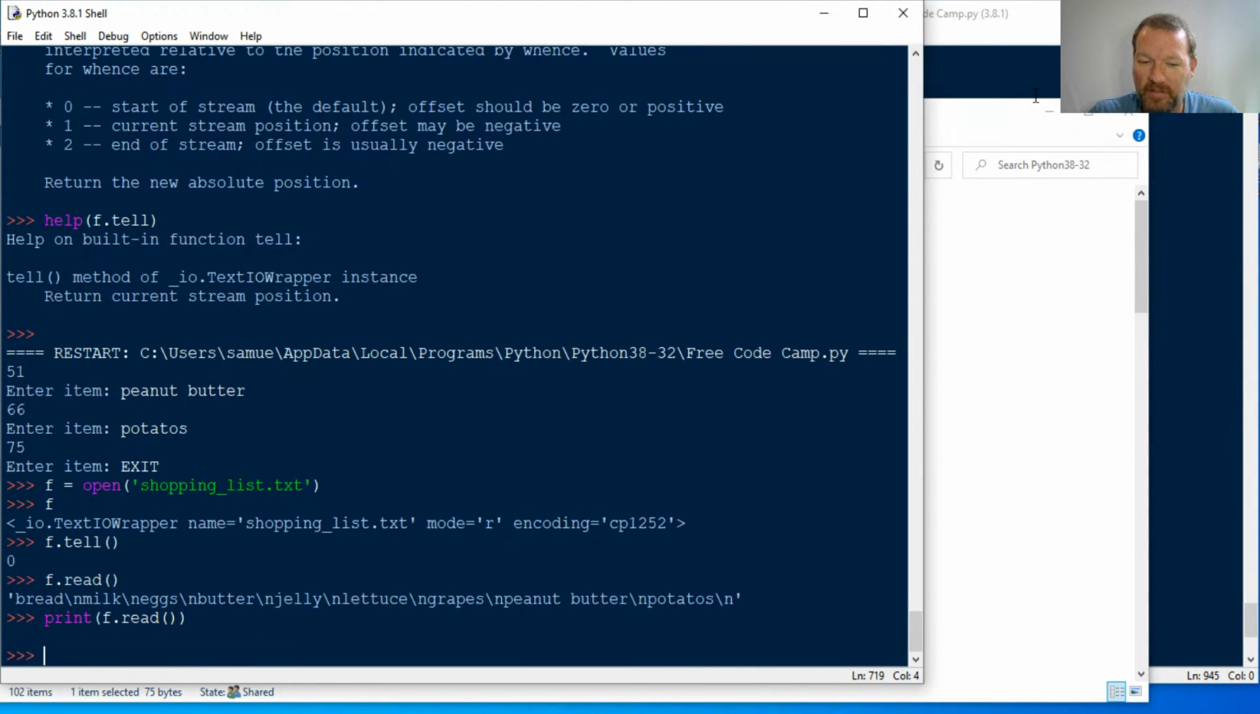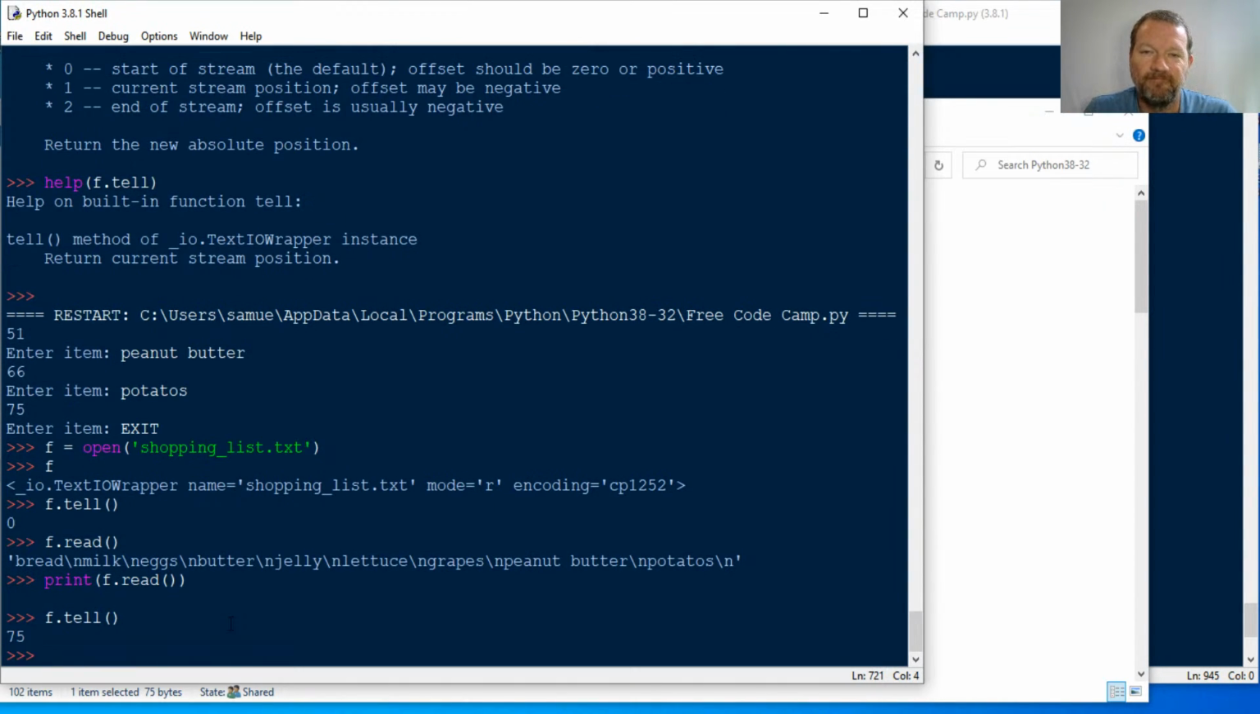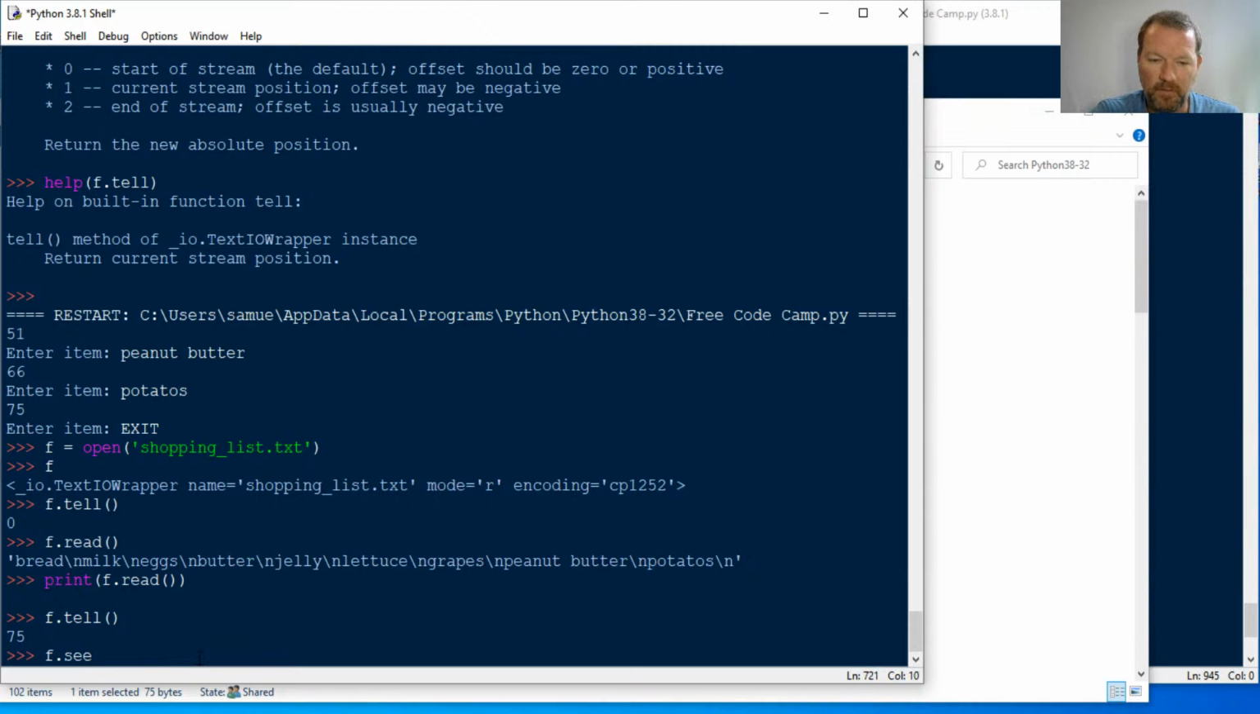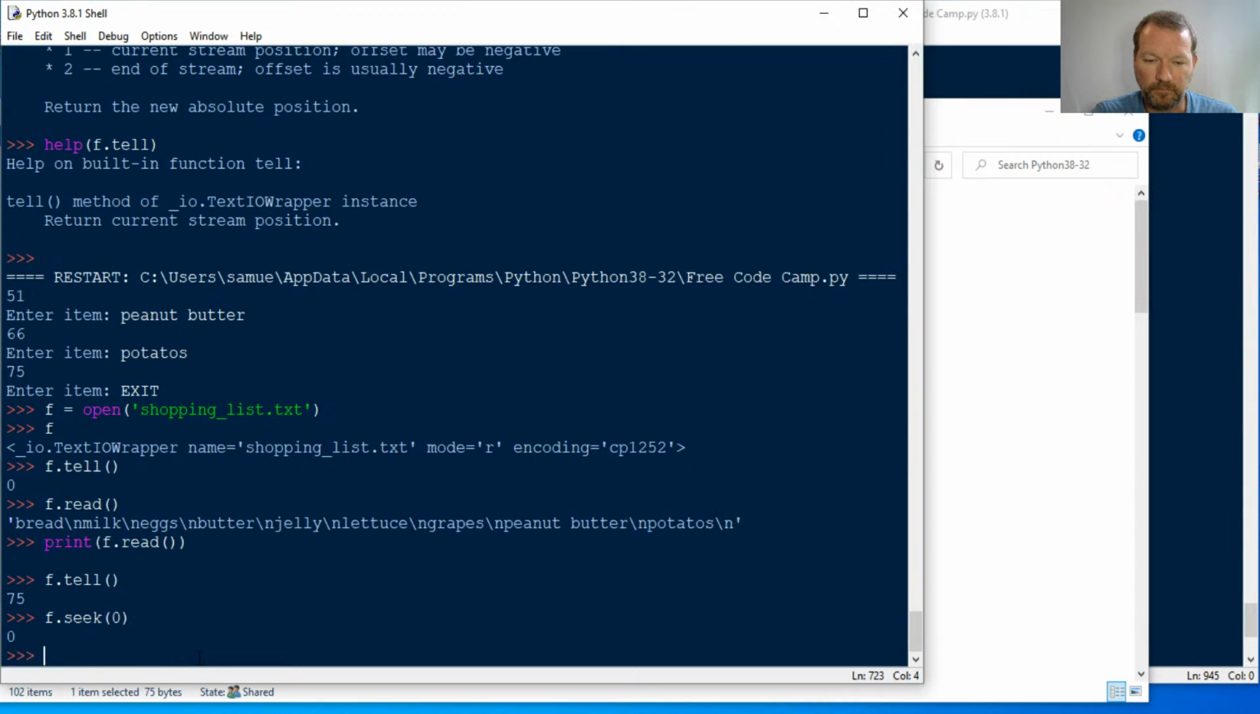I do this on purpose. So this already read through this once, so it can't read through it again because it's sitting down at the bottom. So now where's my tell? 75. There's nothing more to read. But if I come up here and go file.seek, what does seek do? Change my position. 0, start of stream. So if I reset this to 0, okay, then I go,